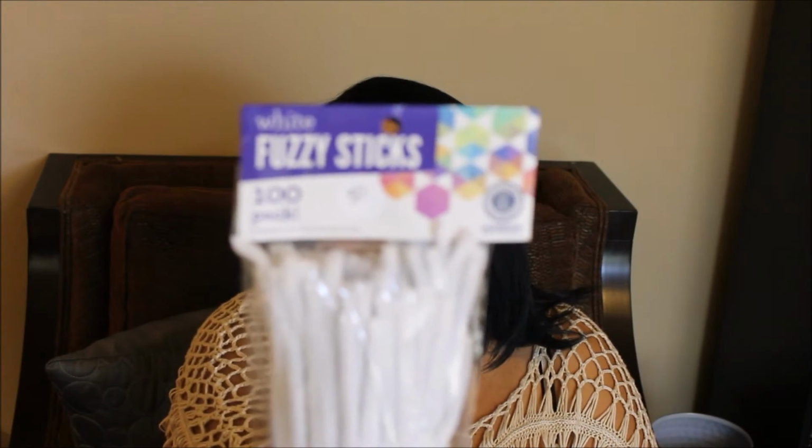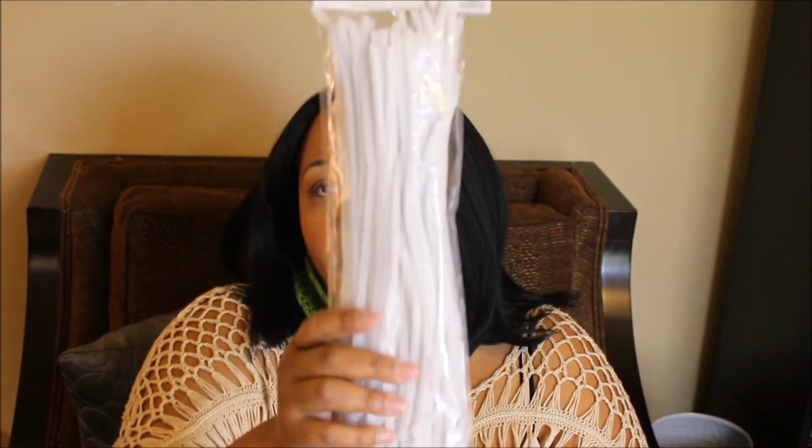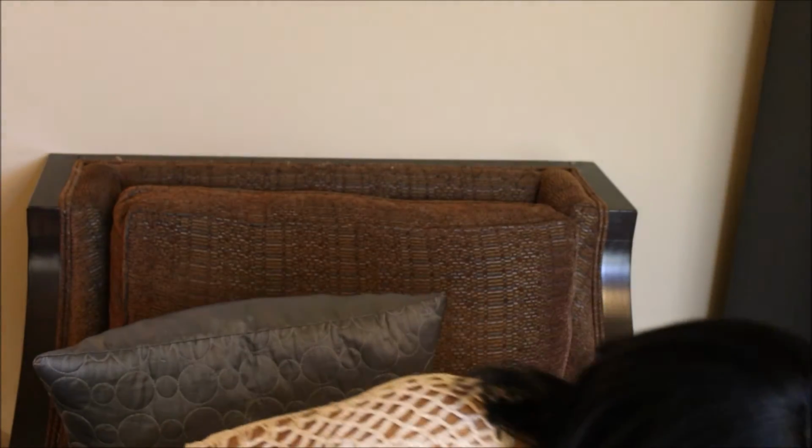Oh, and then from the Salvation Army, I forgot these. I got some of these pipe cleaners, or chenille stems as people call them now, but I grew up calling them pipe cleaners. They're called Plezzy sticks right here. They were 50 cents, and they're just white. And supposedly you got 100 in here, but I'm pretty sure a couple are missing since they were donated and it's open. But it's far more in here than you would get at Dollar Tree for $1. I think it's like 25 in there or something. So anyway, I got those, and the fact that they're white, I can use them pretty much for all. Okay, now let's get into